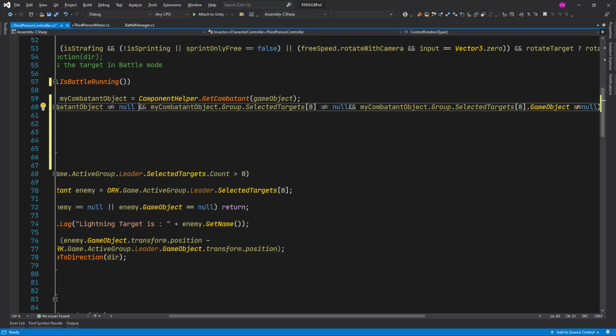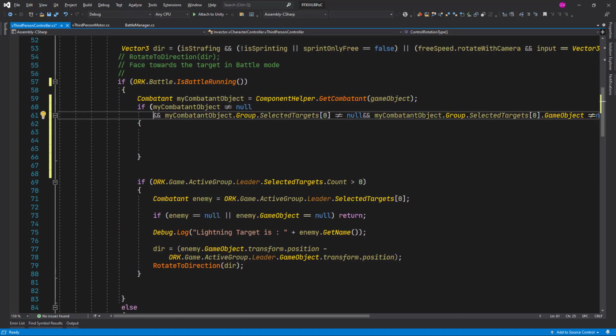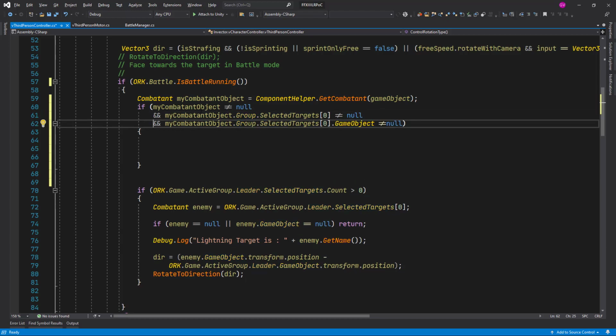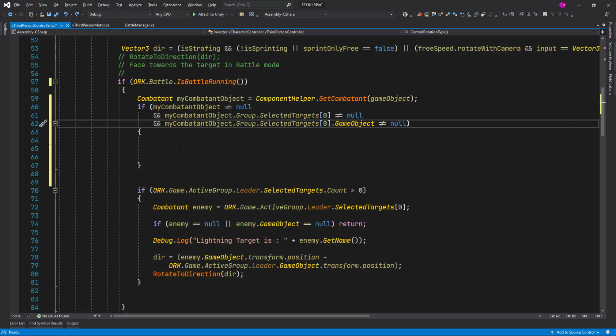We need to keep doing these checks because sometimes ORK Framework returns that we have something in the list, but yet the game object or the combatant object is null, or this combatant object is not null but the game object itself is null. So we need to keep checking for this every single time,